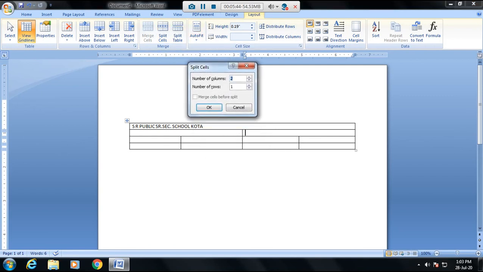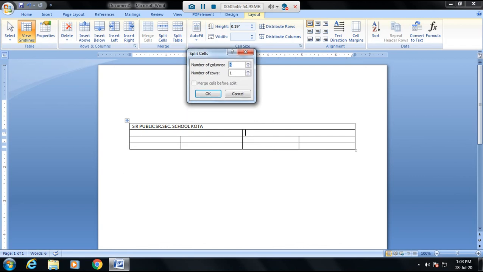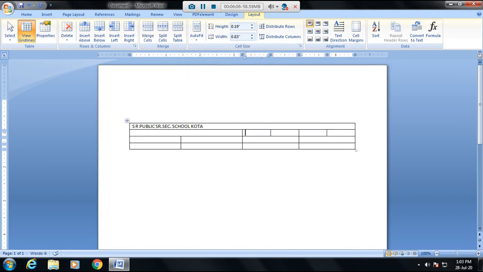When we click Split Cells, it shows a dialog box asking the number of columns, meaning how many columns we want. Just I write 4, meaning this single cell is converted into 4 columns. Then click on OK, like this: first, second, third and fourth. This option is called Split Cells.